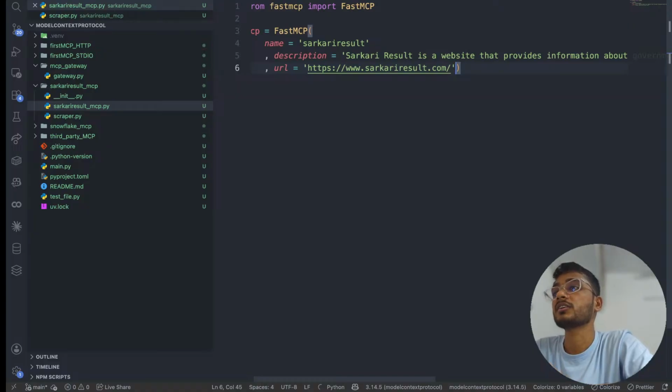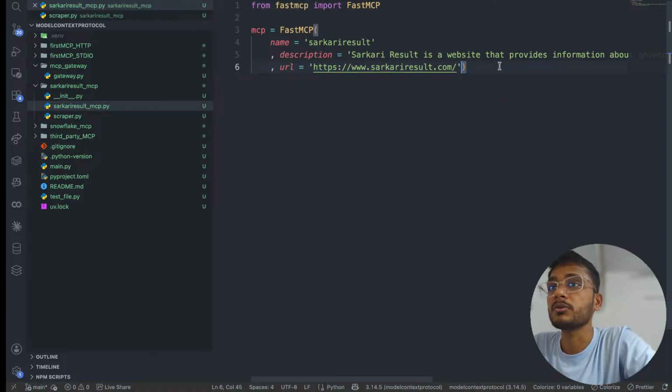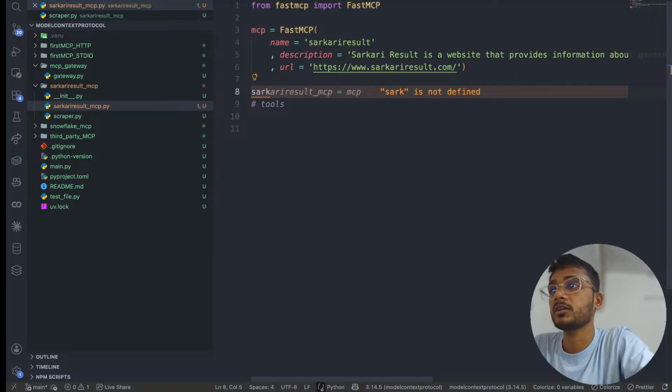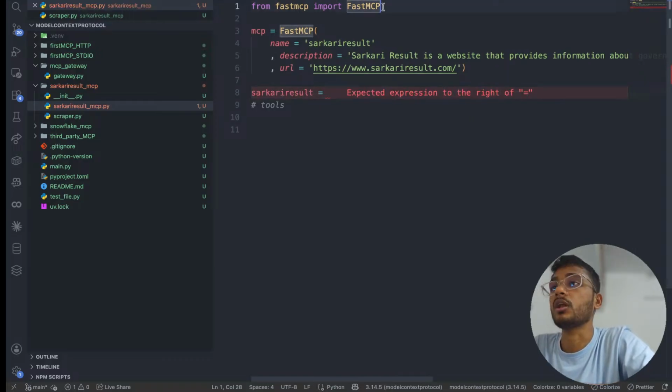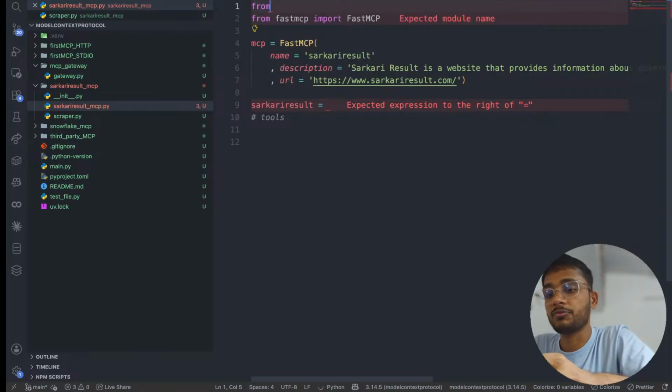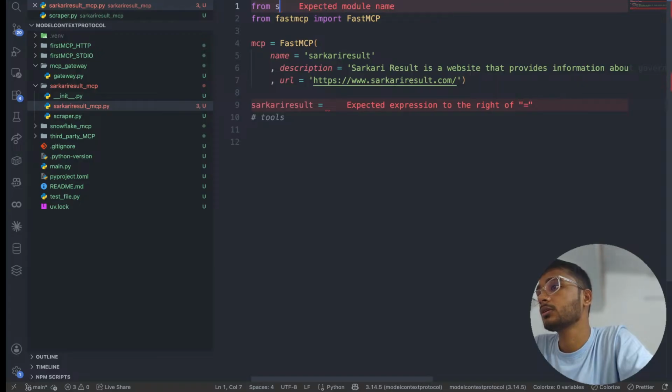Okay, great. So this is the MCP we got. Now I'll say tools. So okay, one thing I need to do, I believe. So Sarkari result is equal to from, okay, we need to call the, okay, I think it should be at the top. If you are getting from scraper,